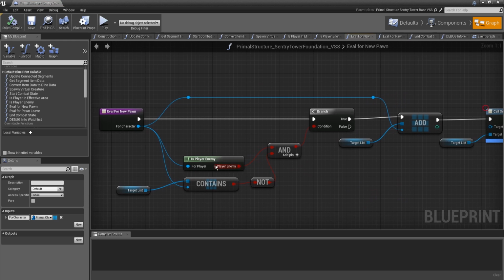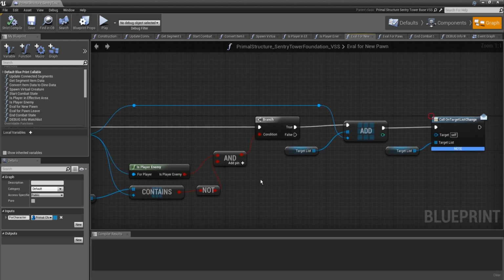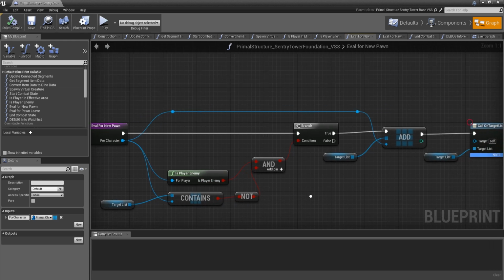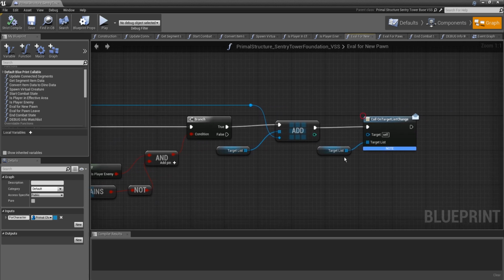What we're going to do is check if the player is an enemy, and check to see if our watch list already contains them. Now, that should never be the case, but if it is, we don't want to accidentally add them to the target list again. So if the player is an enemy and they are not contained in the target list, then we're going to add them to the target list.